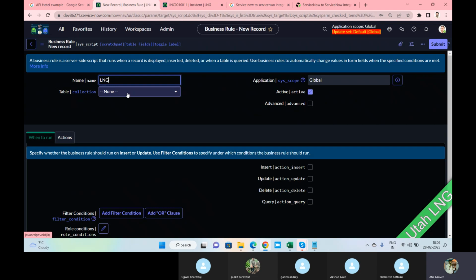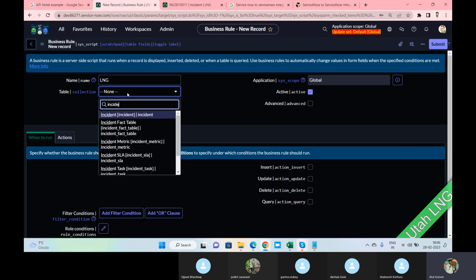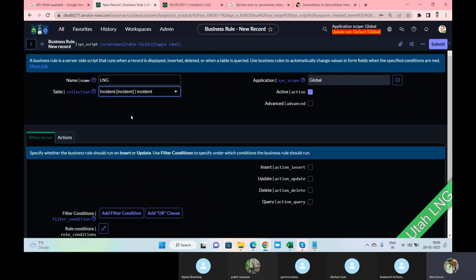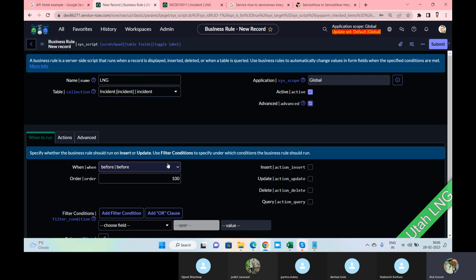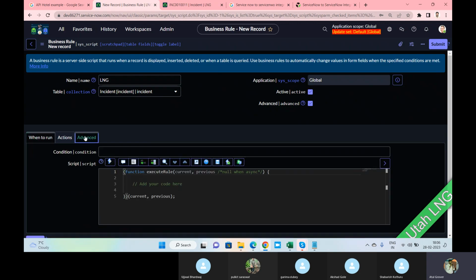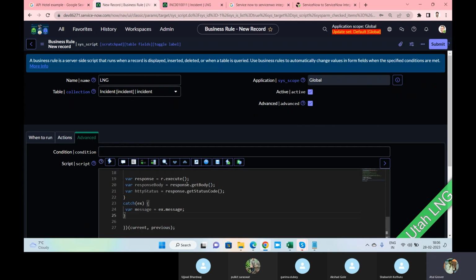LNG. On which table do I want to create it? On the incident table, because my API is on the incident. Incident, advanced, after, insert. Go to advanced and do it. Copy paste.